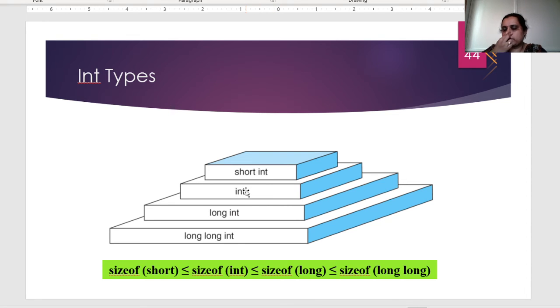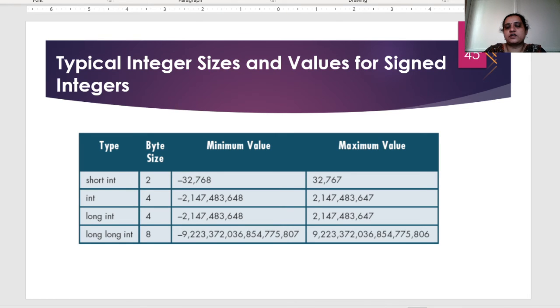Or int is for a little bigger set of values, long int is a little more, and so on. The range of values for these data types, typically the minimum value that can be stored is minus 32,768, and the maximum value is 32,767.